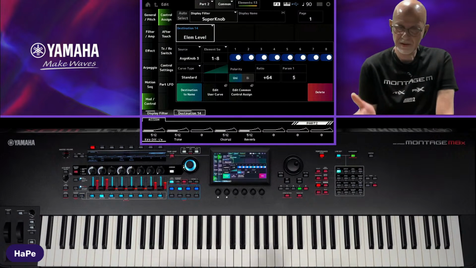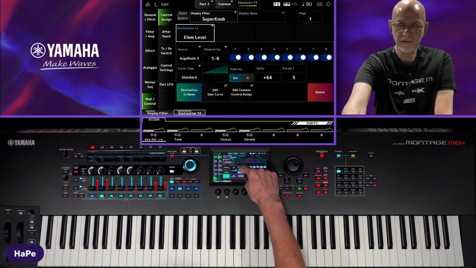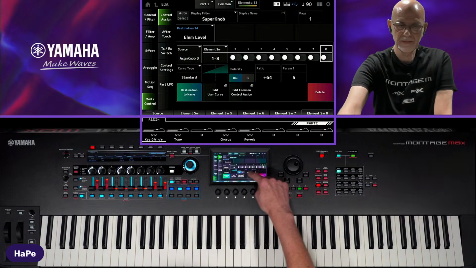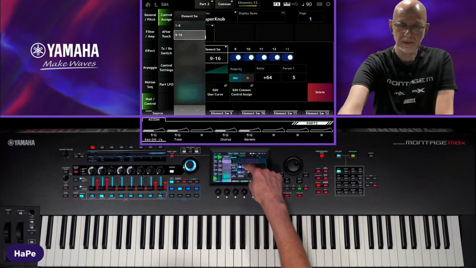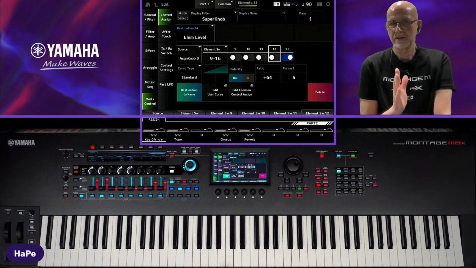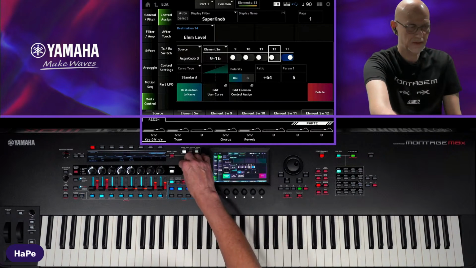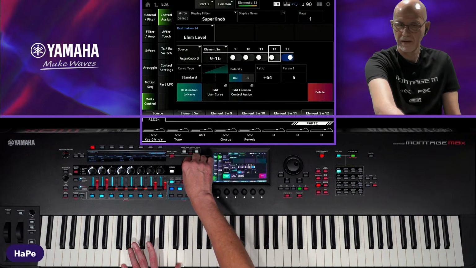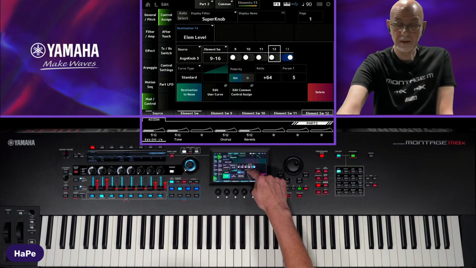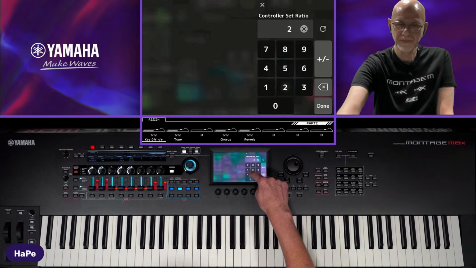Of course, I just want to control element number 13, so I need to switch off all the other elements except element 13. So 9 to 16, there we go. And now the assignment targets just element 13, so I can check this right now. Right, it works. It's still a little bit loud, and I can just bring down the ratio,